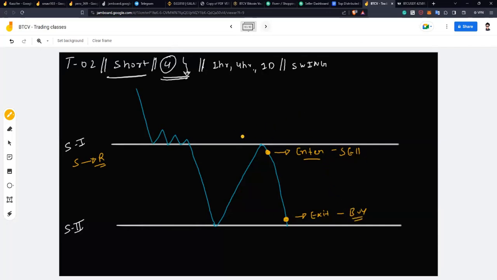Okay. And of course we will have a stop loss ready, so we will put our stop loss somewhere right around here. So that's my stop loss. Okay, so this is what we call a short position. Okay, so what we will do, we will enter at the top. Okay, and then we will buy back the same thing again at the bottom. Okay, this is how we make money in the short position. Okay, for example,